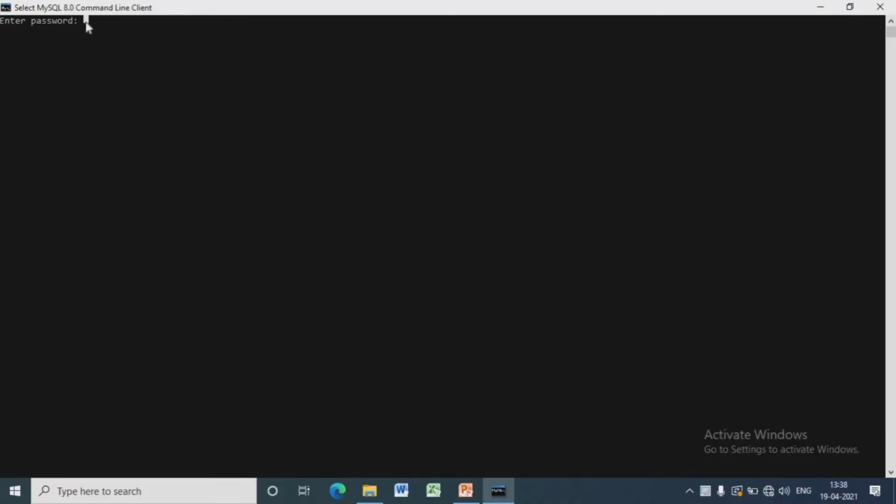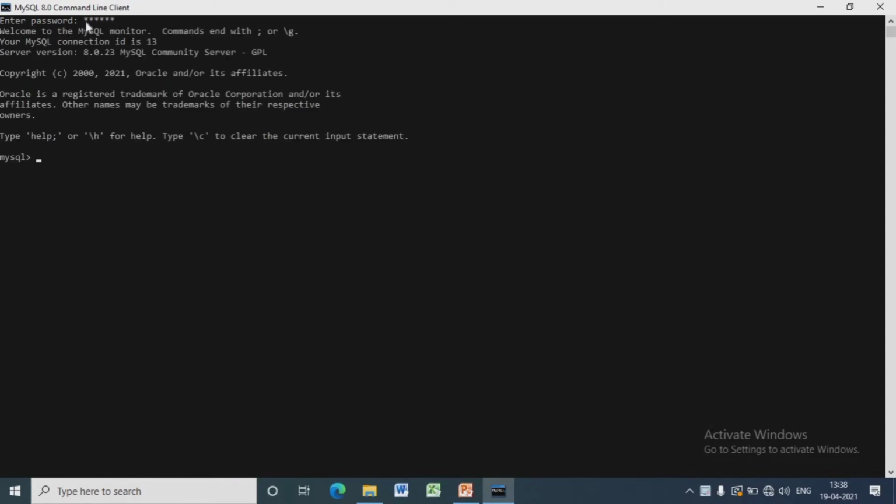Now we'll see in MySQL practically how we can create a database. First we have to give the password, then we can write show databases to see all the databases that are available inside MySQL.